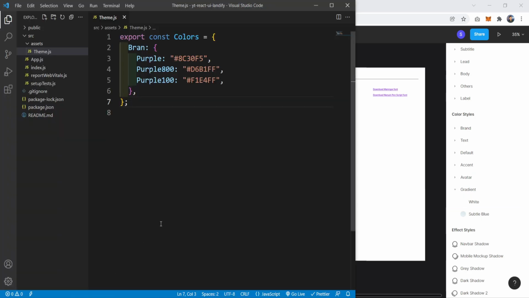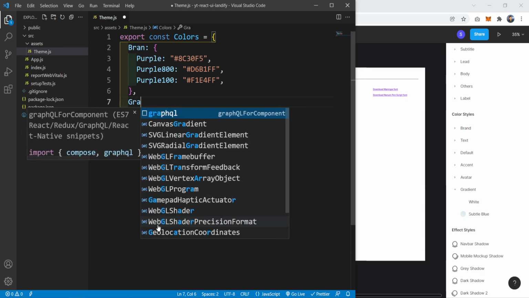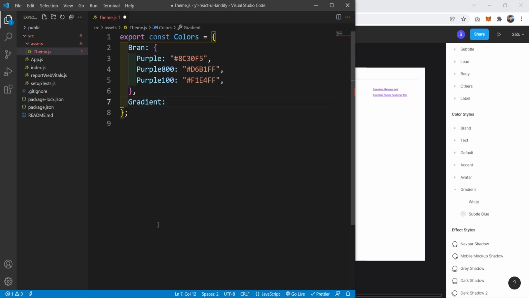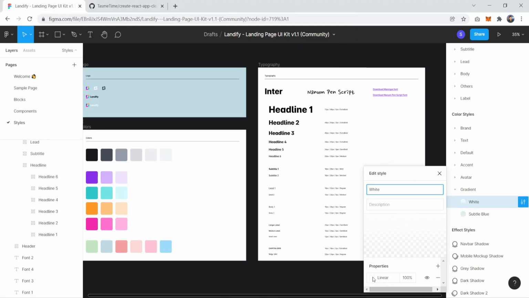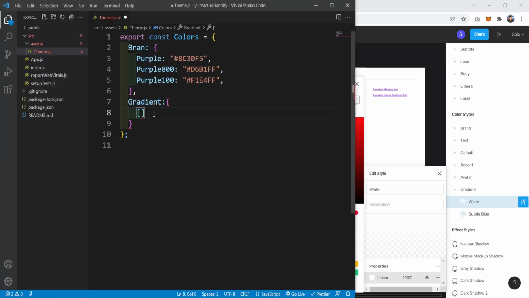So for the gradients, we can go ahead and create a new object called gradient, which is another object, and the first gradient is white. Let me take a look at it. It's a linear gradient, and as you can see, the first color is white with 100% opacity, and the third one is white with 0% opacity. Actually, it's transparent. So let's get back over here, call it white,